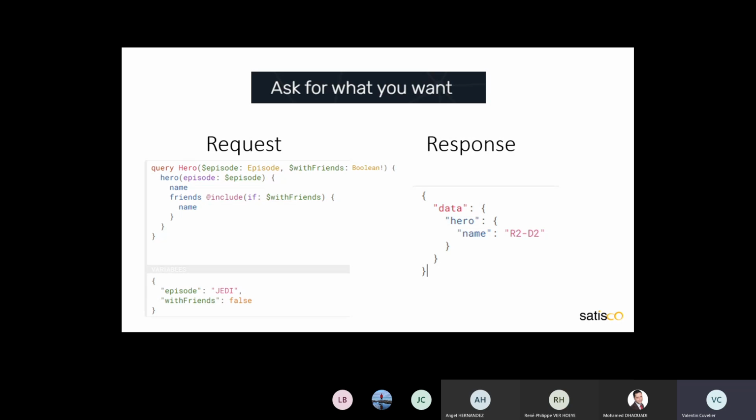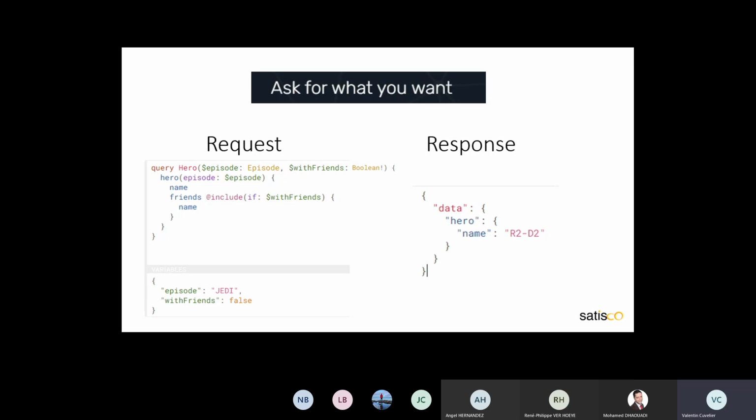So GraphQL is able to factorize the dynamic value of the request, and we must transmit it in a dictionary. And it is another part of the request, but you can send it.